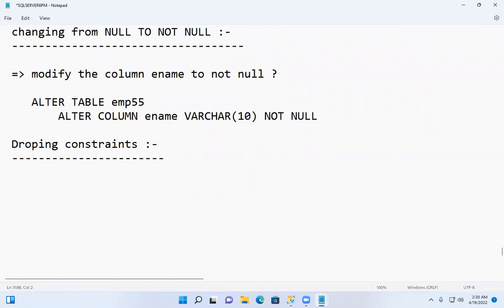Dropping constraints. What you are learning is how to add constraints, how to drop constraints, how to add new constraints. So suppose here you declared a check constraint. What is that? Salary should be greater than or equal to